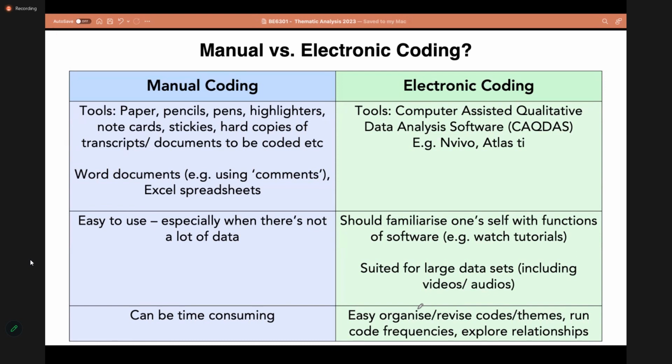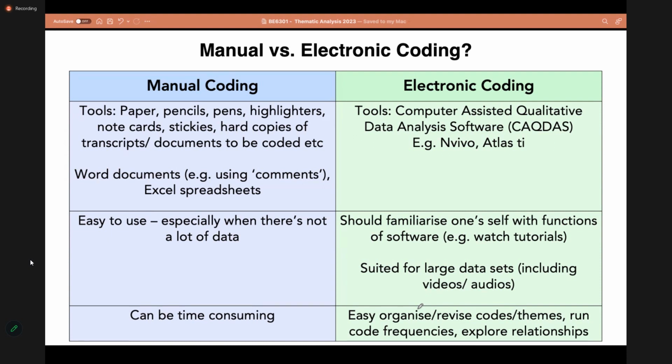So say you do coding and once you have coded 3 interviews, you think, okay, this particular code, I want to change the wording. So you have to go back and manually change the wording everywhere.